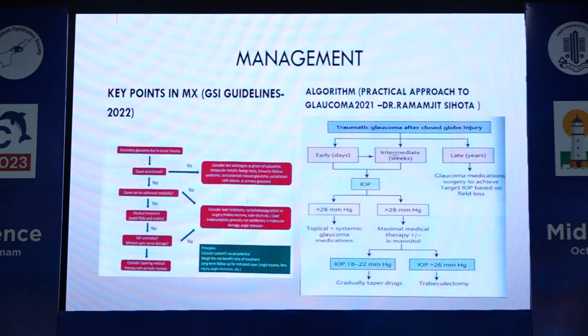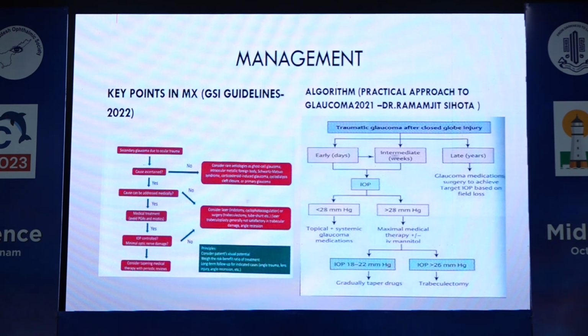If you can't touch the eye and the IOP still remains high, you have to go for a preliminary procedure called diode laser photocoagulation. And if the pressure is under control, we can gradually taper the drugs, but we have to keep in mind the IOP, the angle status, and the posterior segment for optic disc changes. If it occurs in late years, then glaucoma medications and surgical intervention are based on optic neuropathy. Because when we say glaucoma, there should be optic disc changes, and if the patient can do fields, you have to document the fields, and it has to be repeated.